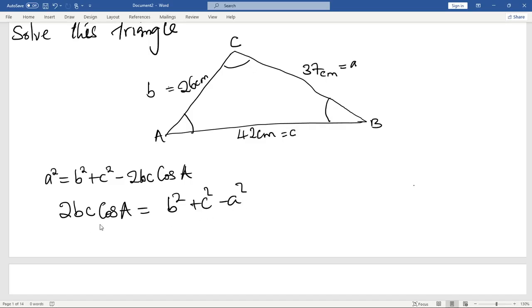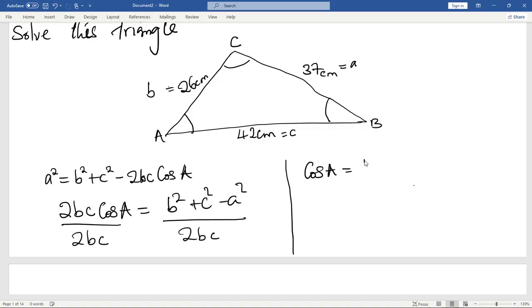Since we're interested in finding the size of the angle here, for angle A, we can divide by 2bc. So we divide by 2bc this side, even this side, we divide by 2bc here. Then we have that cos A is equal to b squared plus c squared minus a squared divided by